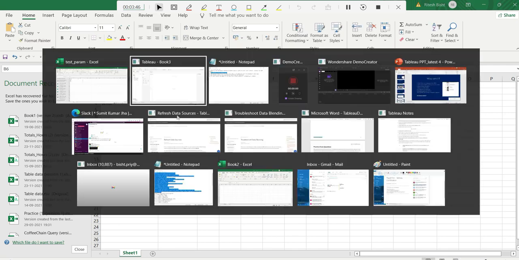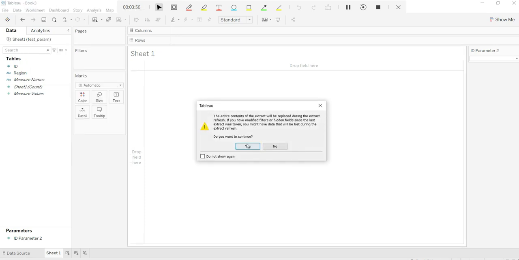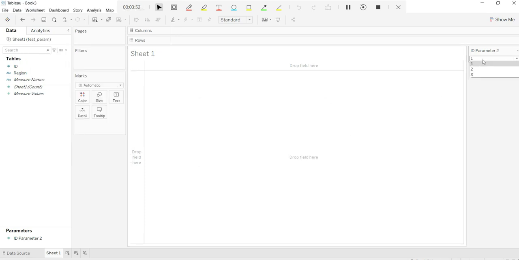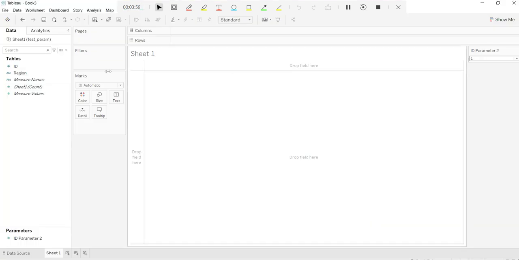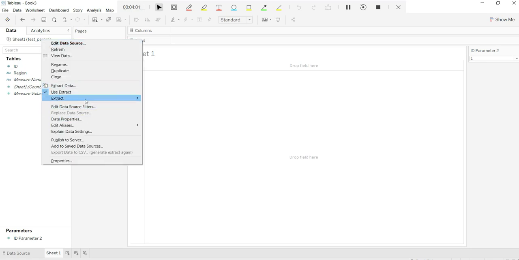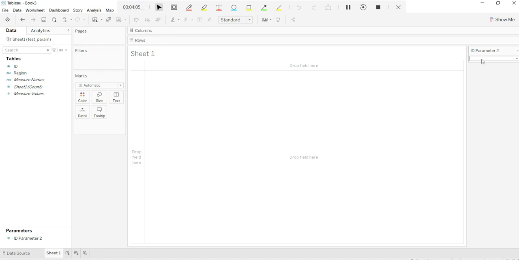Otherwise, because it was already null, you cannot see that factor. Okay, I changed that to 1, 2, 3. Now I am deleting everything there and saving.